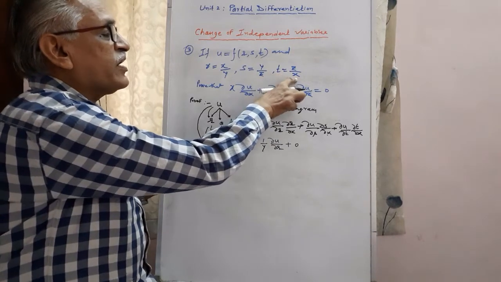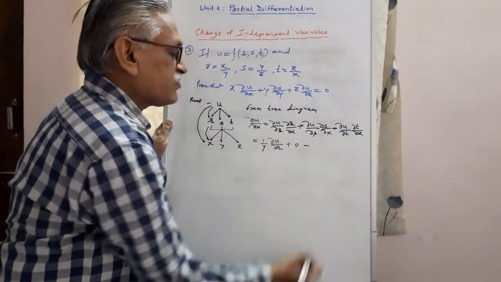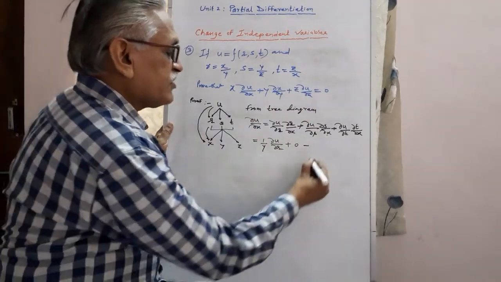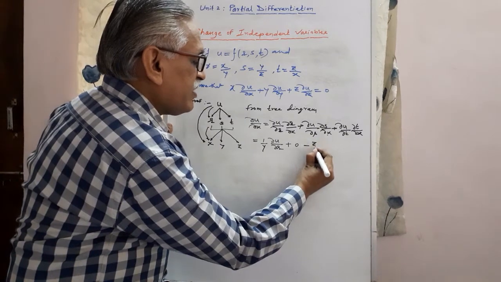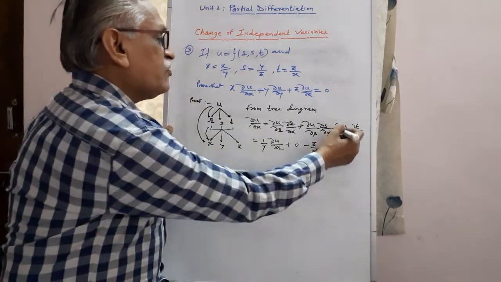Differentiating t with respect to x, t is z by x, its derivative is minus 1 by x square into this constant term z, therefore it is minus z by x square into,